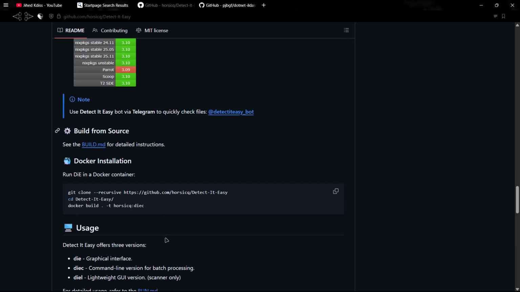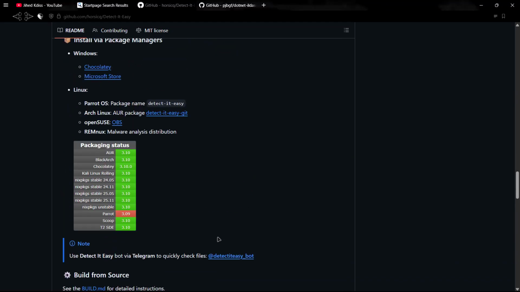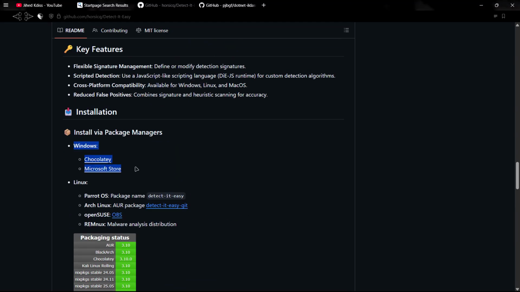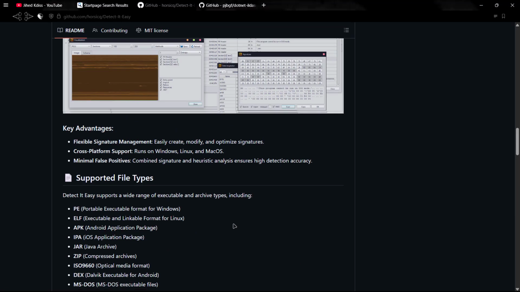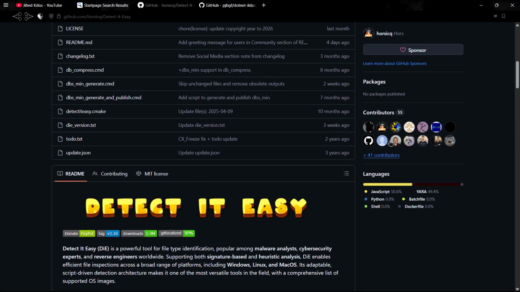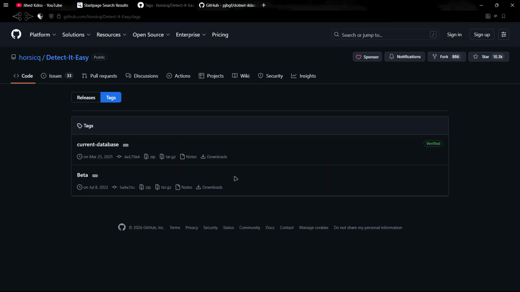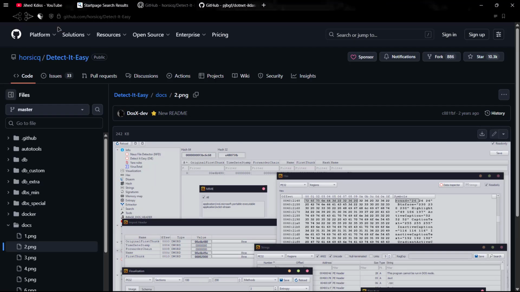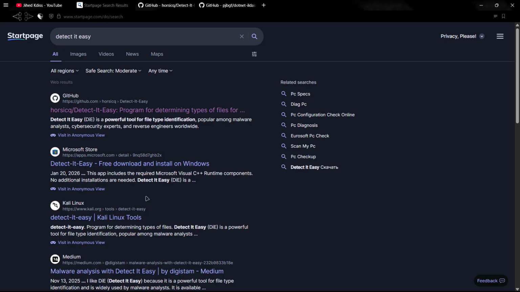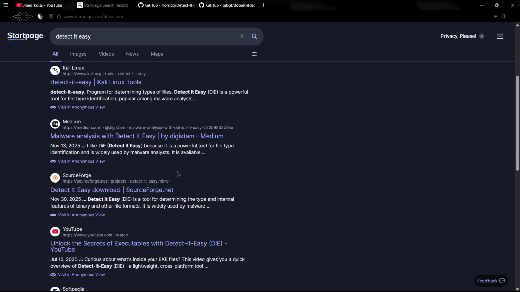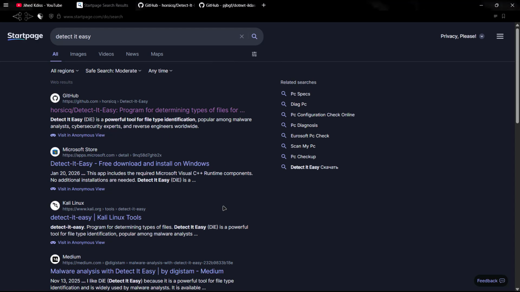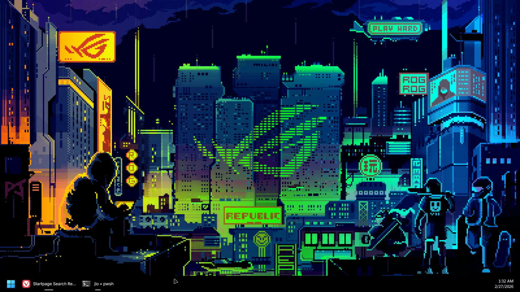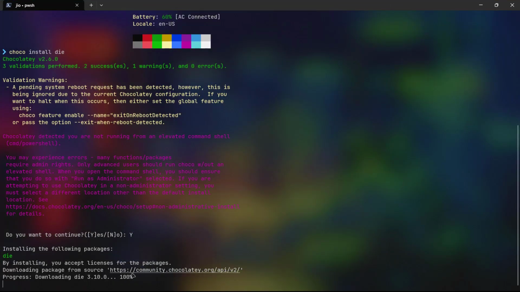Install via package managers. Well, here in the Windows installation section, they don't provide an executable, but I remember it being somewhere in here. Current database, beta. Well, actually, it isn't. But let me just search Google for the executable. And in fact, it's not in here, but anyway, let me look at my terminal and it's still